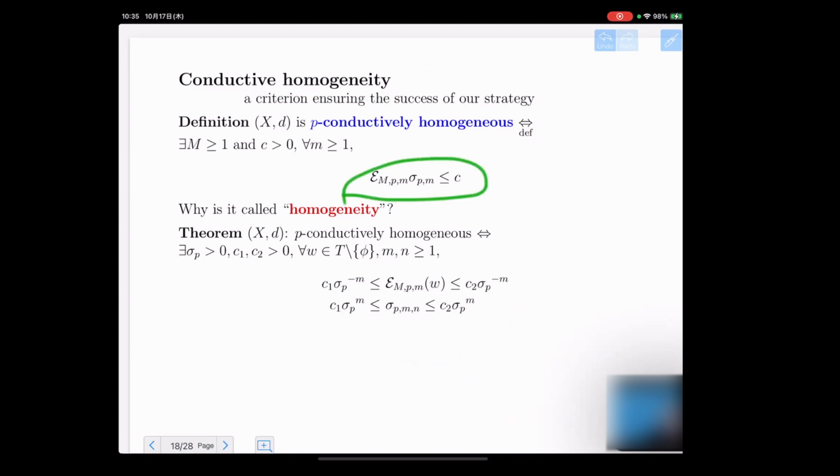So, and so why is this called homogeneity? Because